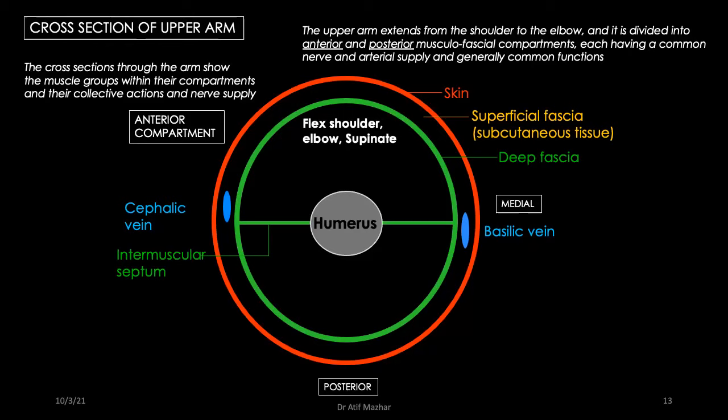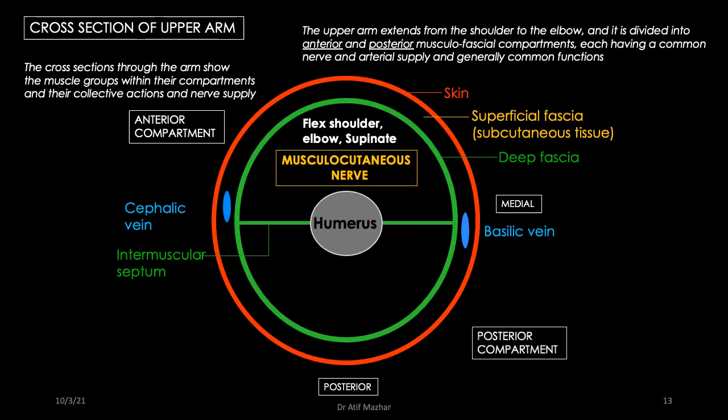Are we good? Which nerves control them? Musculocutaneous nerve. This nerve is the continuation of my lateral cord of the brachial plexus. If someone has an injury to the lateral cord, if someone has an injury to the musculocutaneous nerve, the consequences will be that the patient will not be able to perform these actions on the given joints. This is how we understand the musculoskeletal system.